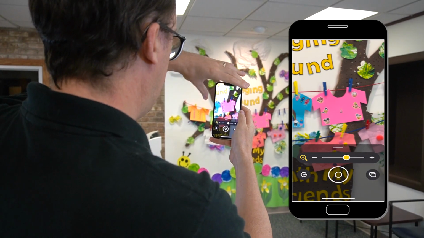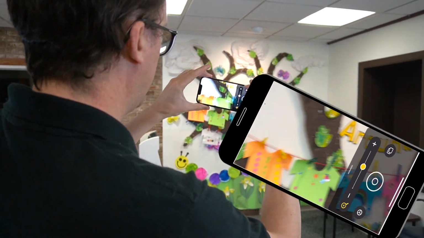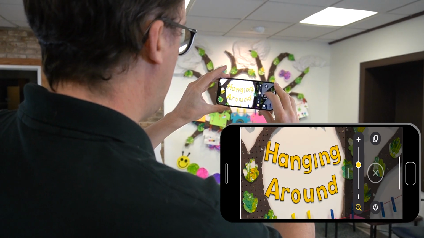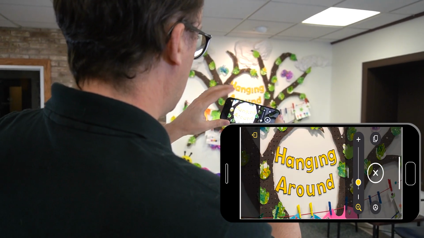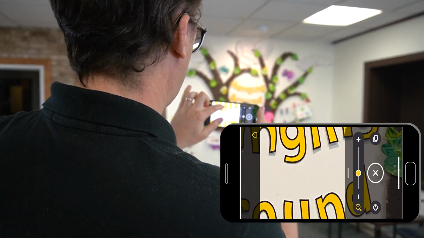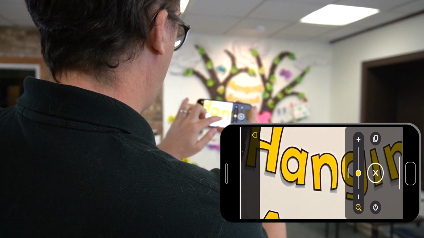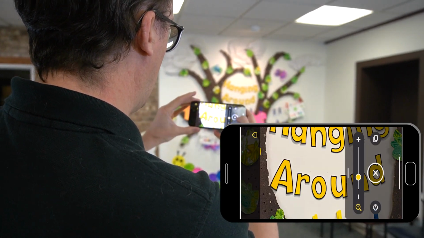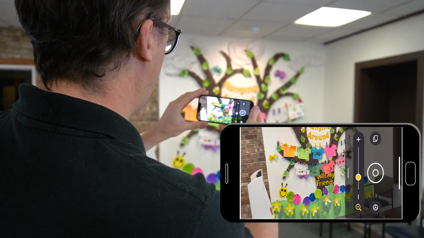If we go ahead and drag up our control panel, I'll turn sideways and we can snap a picture here as well using the circular icon. And now we have our image on the screen, and we can obviously zoom in on the image and pan around the image, which we could also do in the ReBokeh app too. And that means that we don't have to try and hold the phone steady. So very nice. Once we finish, we will go ahead and hit the X, and now we are back to